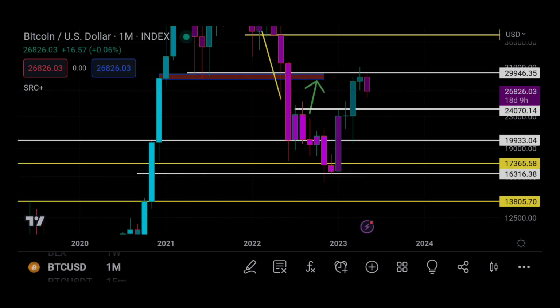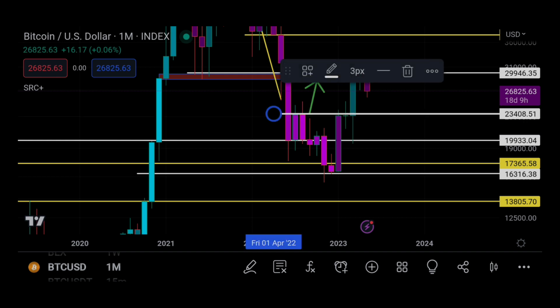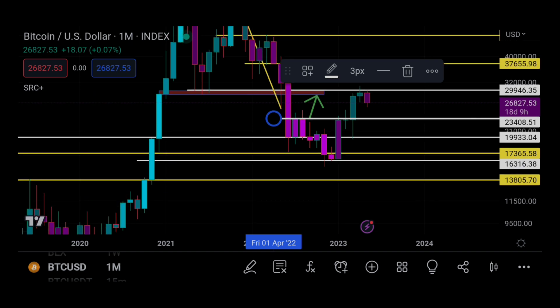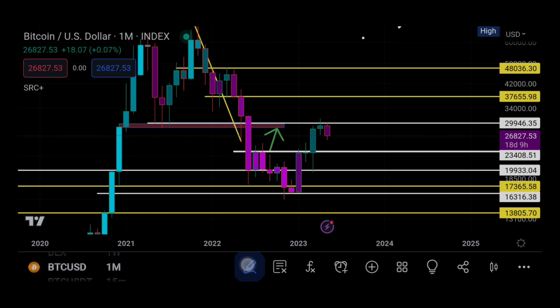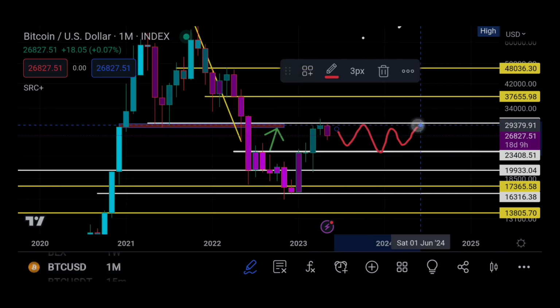On the monthly, you're going to see a slightly different thing. This would be more like 23,400. On the monthly higher time frame, I would love to stay above this. So if we now start to bounce around this area here, it's absolutely fine. This doesn't mean we are going bearish, or that the market's going to crash.